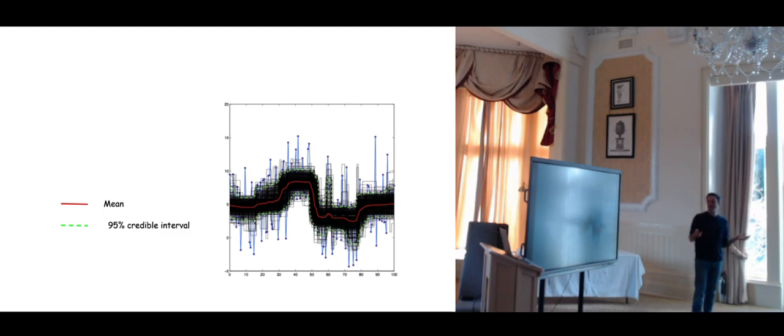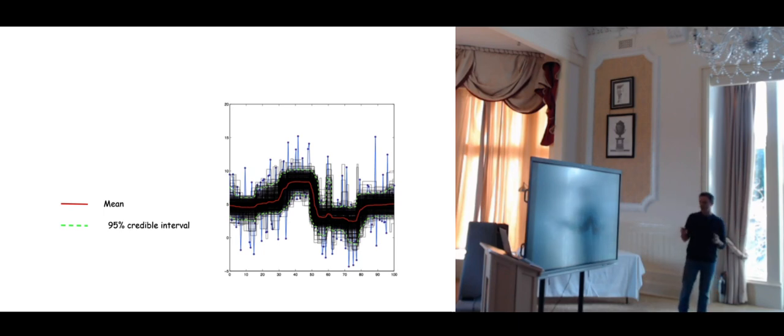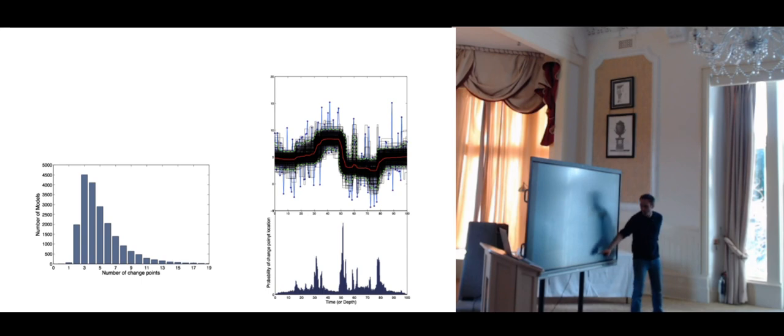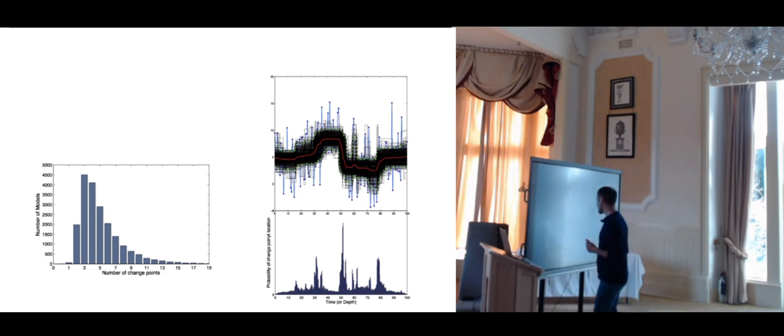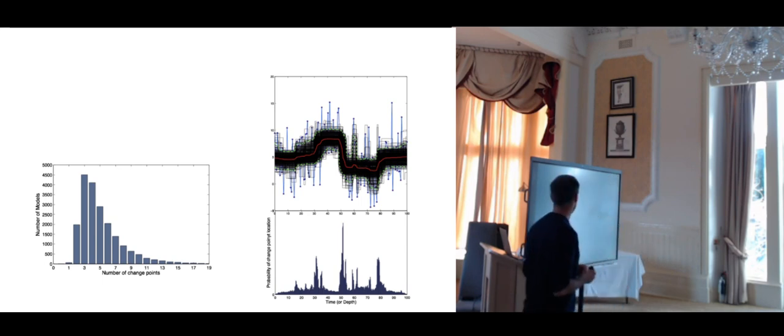And now if we were interested in where the discontinuities, the change points, are, and how many change points we have, we can look at the distributions. We can look at the distributions of each time there is a change point. We can look at the histogram of change points. And so this is the probability to have a change point at each location. And if we were interested in the number of change points, here we have a distribution over this large ensemble for the number of change points.